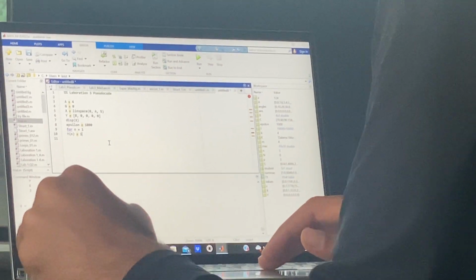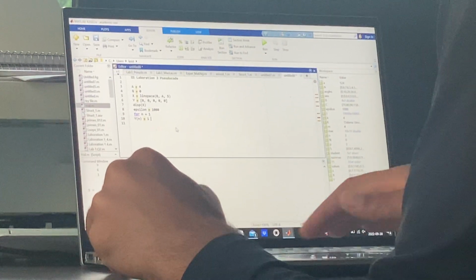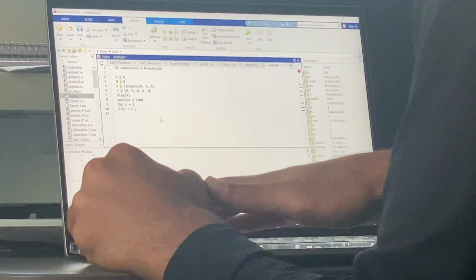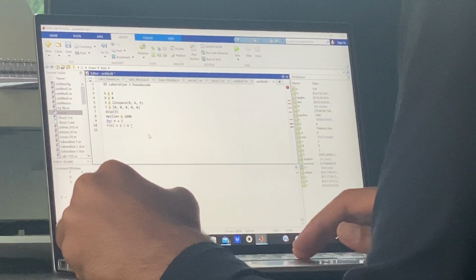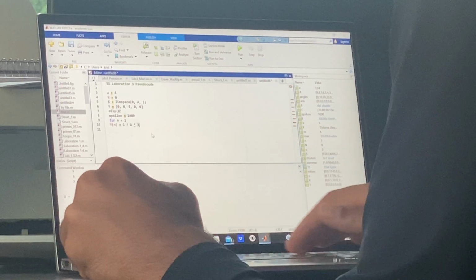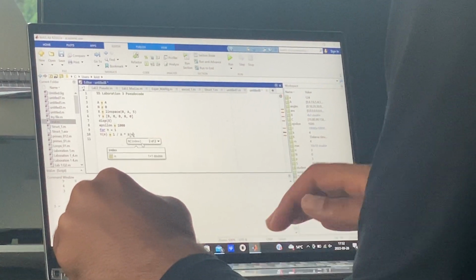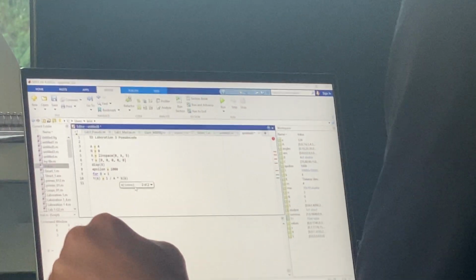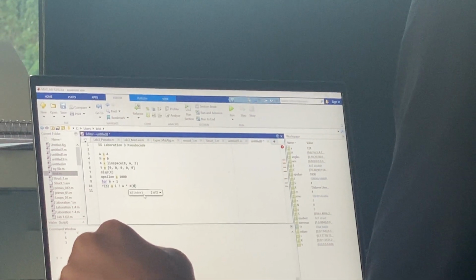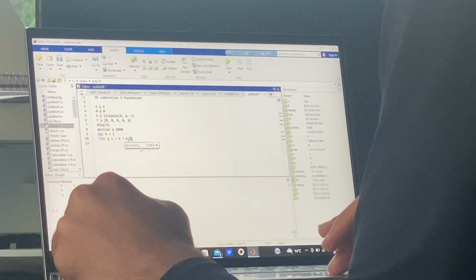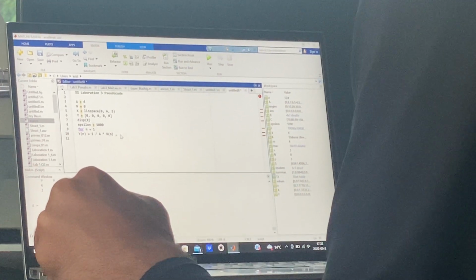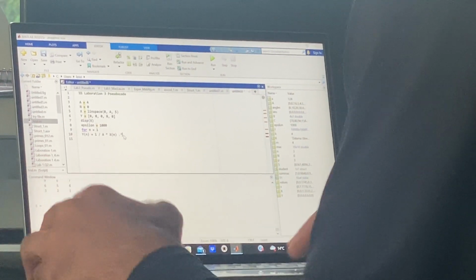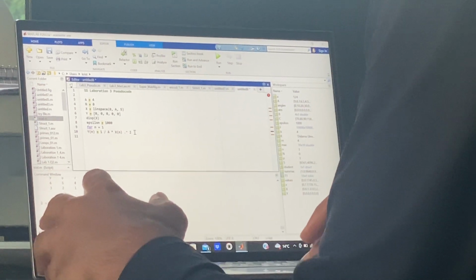So that's what I will do here, divided by a times xn powered up to 2,